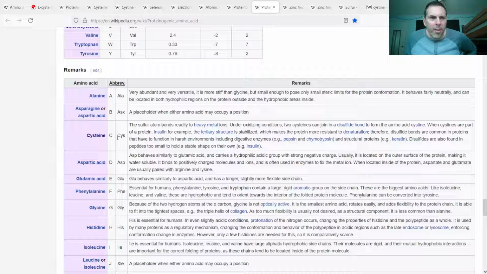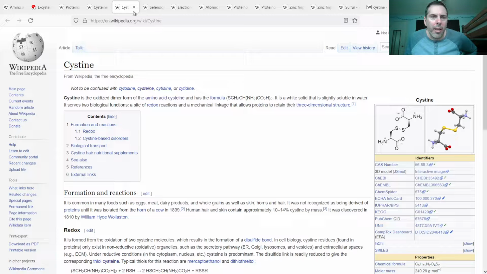So I already mentioned that cysteine can bond to metal ions, and here it mentions heavy metal ions, and it can form the disulfide bridge. And when it does that, they kind of rename this condition as cystine. I'm assuming it's pronounced differently than cysteine. But cystine, I'll just call it that, even though I'm not sure how to pronounce it, is a dimer. It's made up of two amino acids bound together through their side chains. So again, that's going to hold a protein's shape together when that forms.